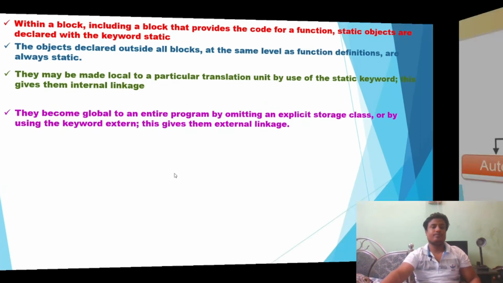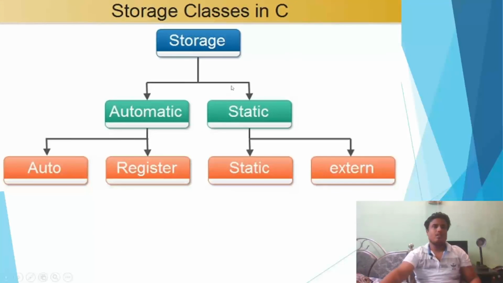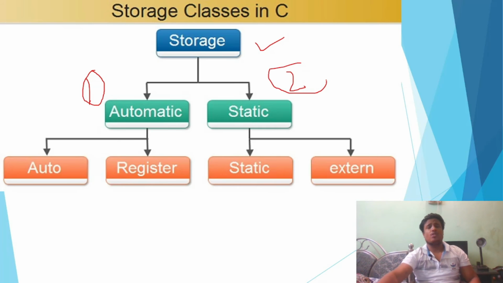So now moving on. This is a summary of what we have discussed till now: storage class can be of two types. Number one is automatic and number two is static. Automatic is somewhat like a local variable and static is somewhat like a global variable. Try to remember this point. What keywords are used here? The auto keyword we have seen, for local variables, and if we want to store a variable in a register using the register keyword, it also becomes an automatic variable. So the register keyword and the auto keyword come under the automatic one.